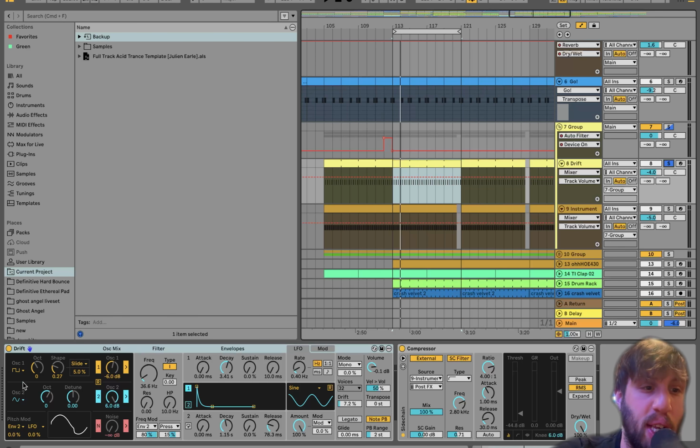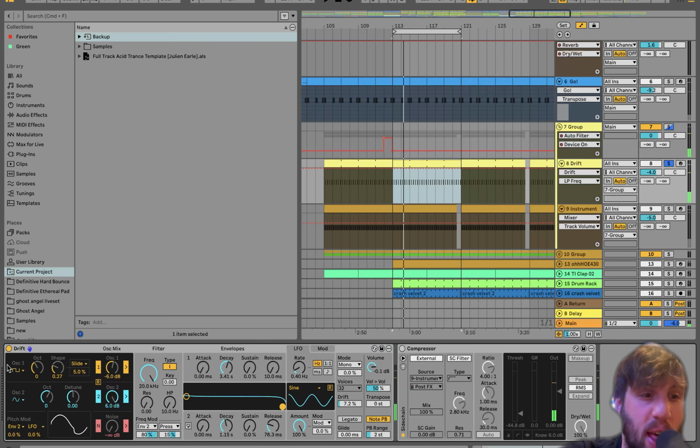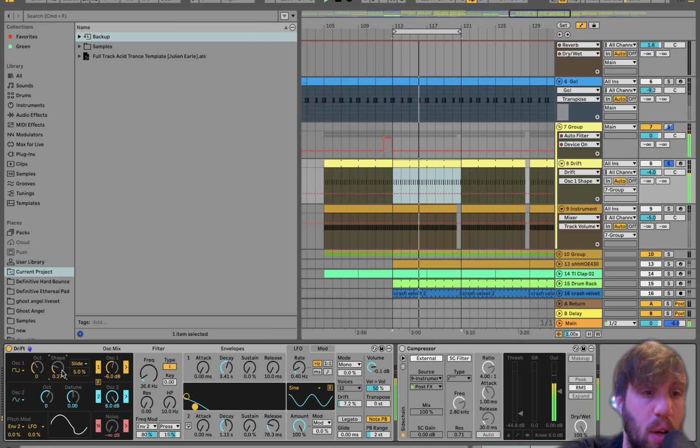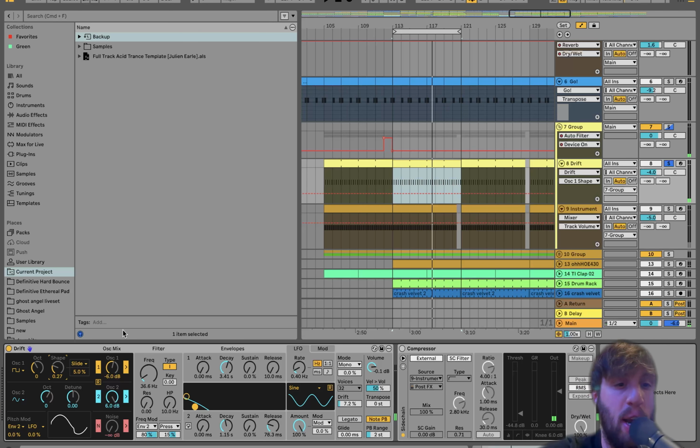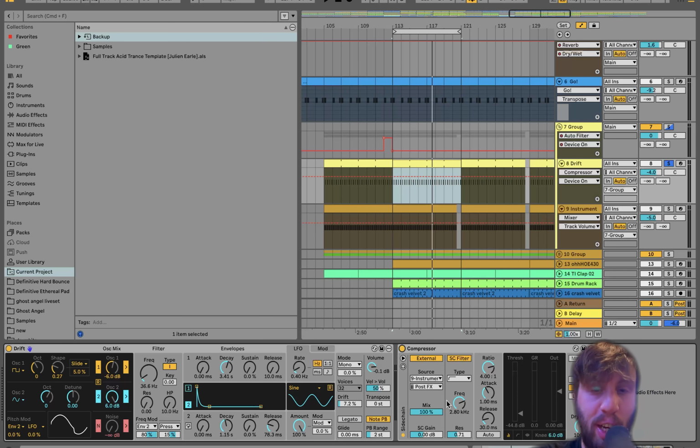Then it's a pretty simple sound. It's this Drift where I've got these two, right, a sine wave and then the square wave with the shape up a little bit, which might not seem like it makes a huge difference. But see, it brings in a lot more low end and a lot more punch into the sound if you do that. I got a low pass filter here with this envelope 2 on it, which looks like this, just really short and punchy. And then we're just side chaining it to the kick